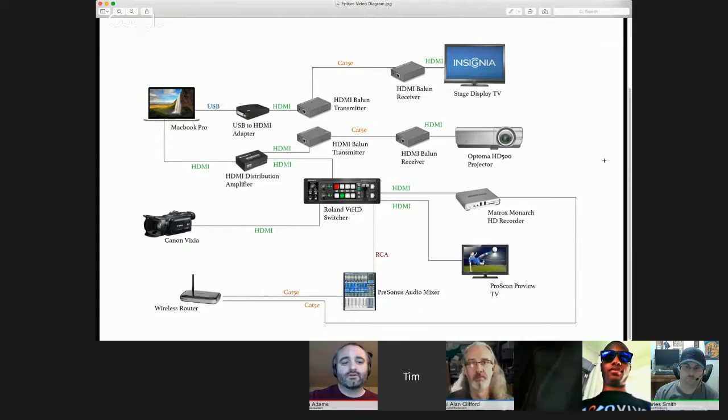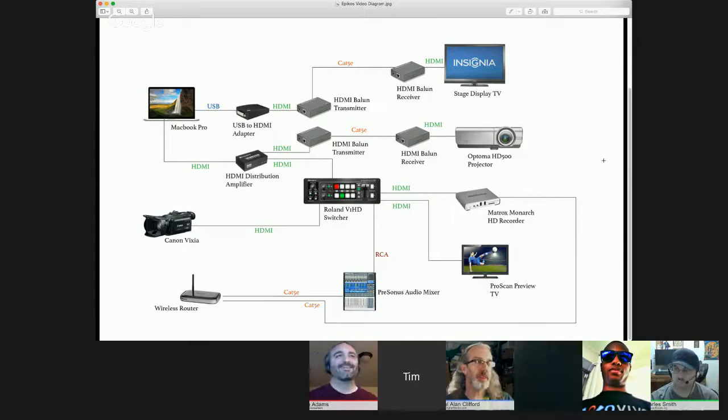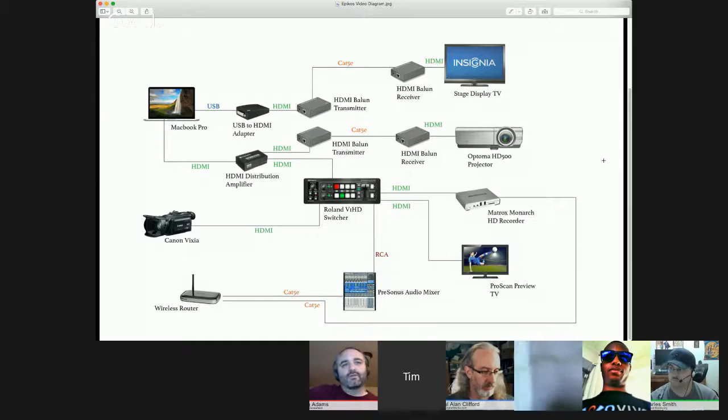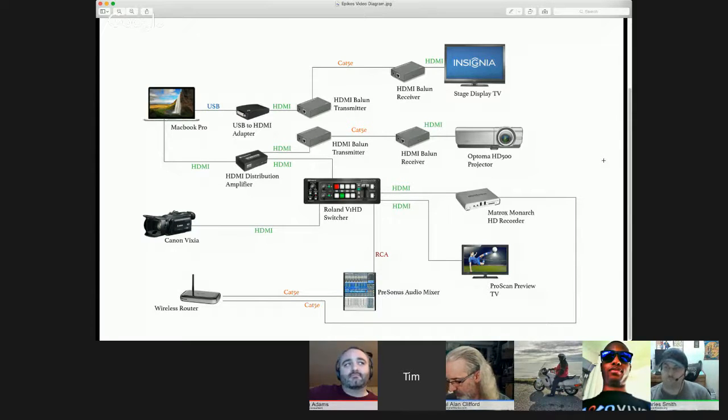Now, we're a mobile church, and so we don't have the luxury, and yes, it is a luxury, of having a building where we can just leave things plugged in and set up and that kind of thing. So we needed something that was easy to use, fairly bulletproof, and easy to set up. So I'll run you through